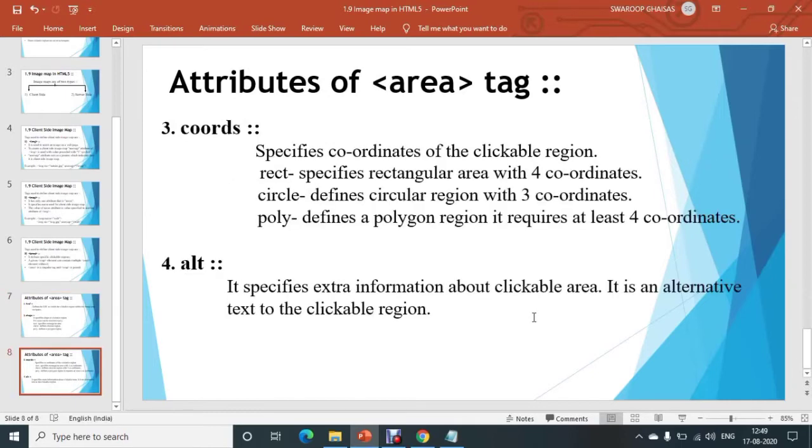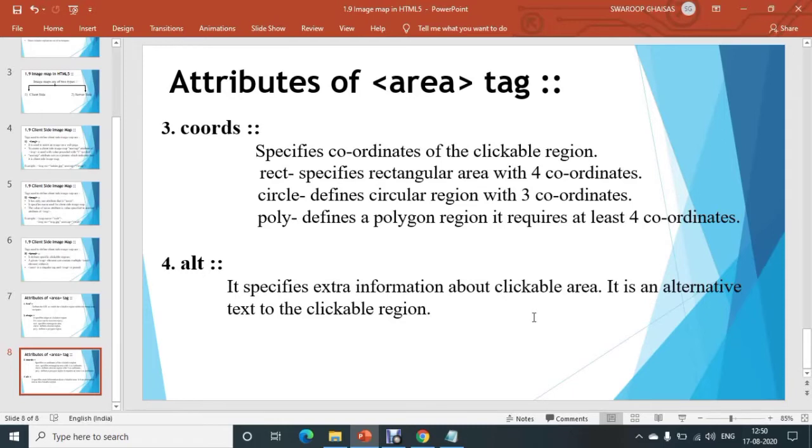Next attribute is coords. Coords stands for coordinates. So it specifies the coordinates of that clickable region. If you have specified a region as a rectangle, then rect specifies a rectangular area having 4 coordinates. If the shape of the region is a circle, then it defines a circular region with 3 coordinates.